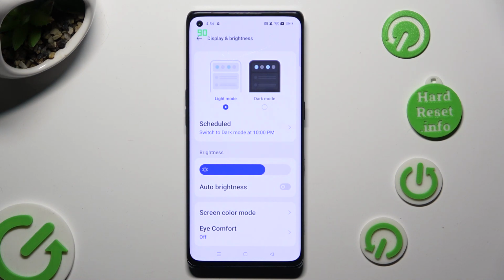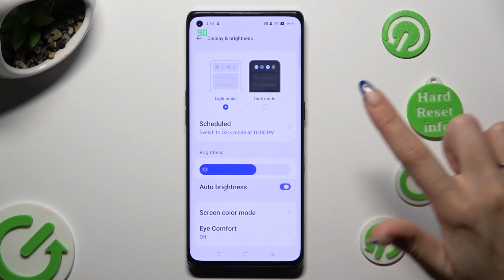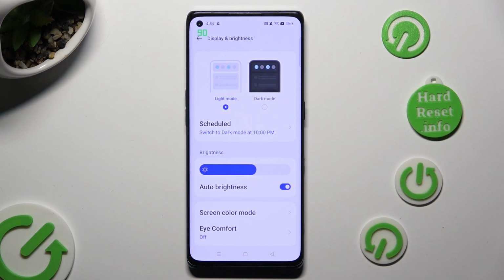Following that, tap on the gray switcher next to Auto Brightness feature to turn it on. As you can see, after that, Auto Brightness is enabled, but you can always disable it by tapping on the same switcher again. If you wish to, you can also access Tab menu